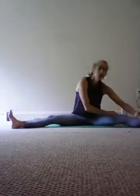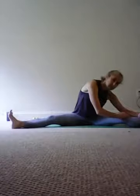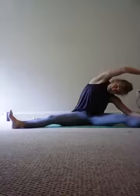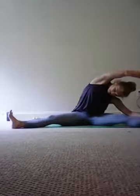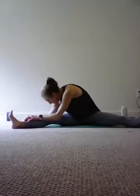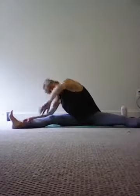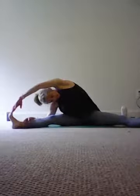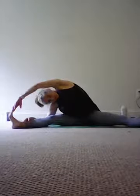Bring it back up. Go ahead and straddle those legs. We're going to take it over to our right. Reach that top arm up and over our head for a nice stretch on that arm. We're going to come back up to center. We're going to turn over to our left, reaching that arm up and over. Coming back up,